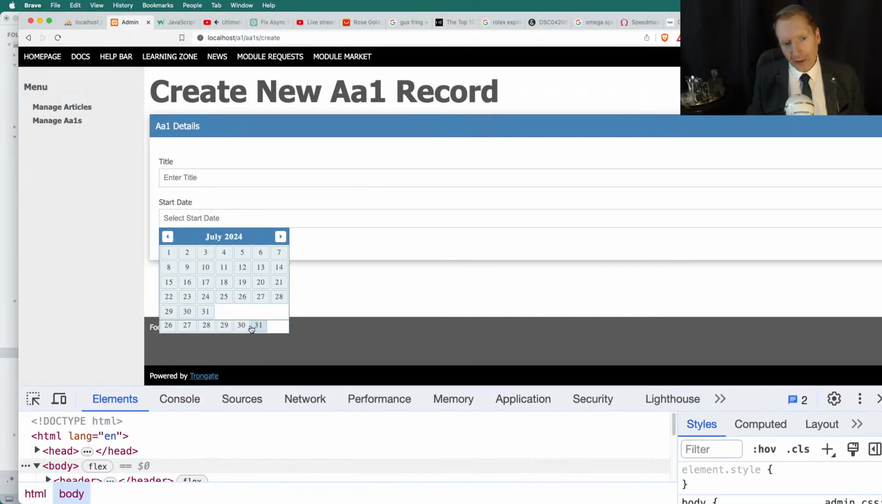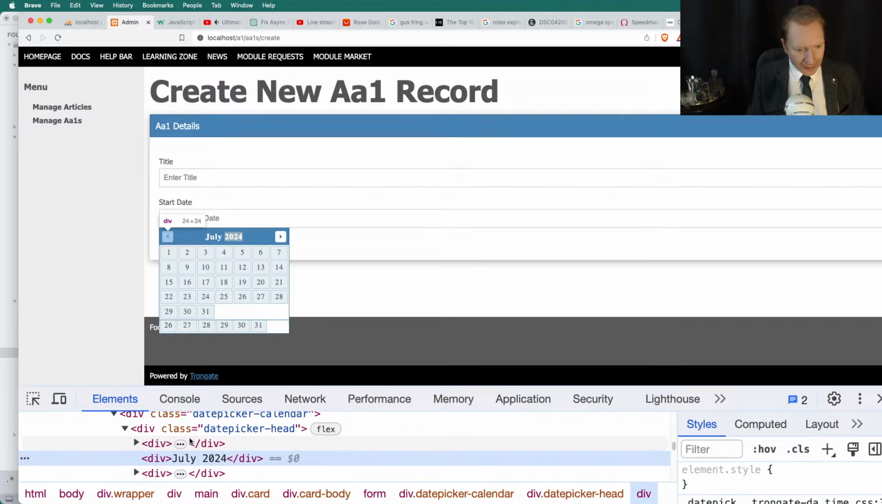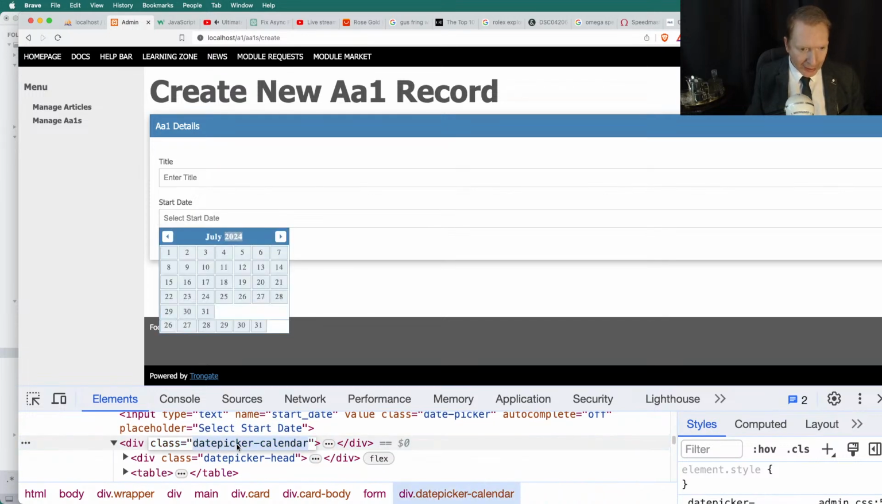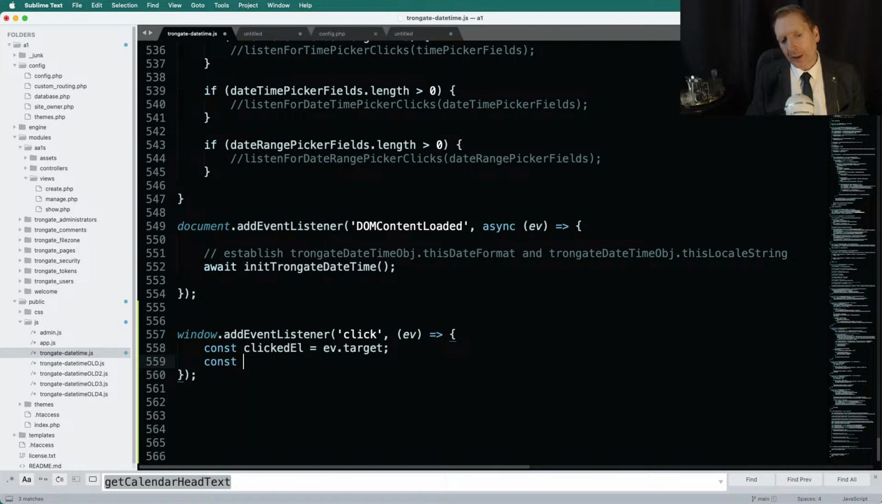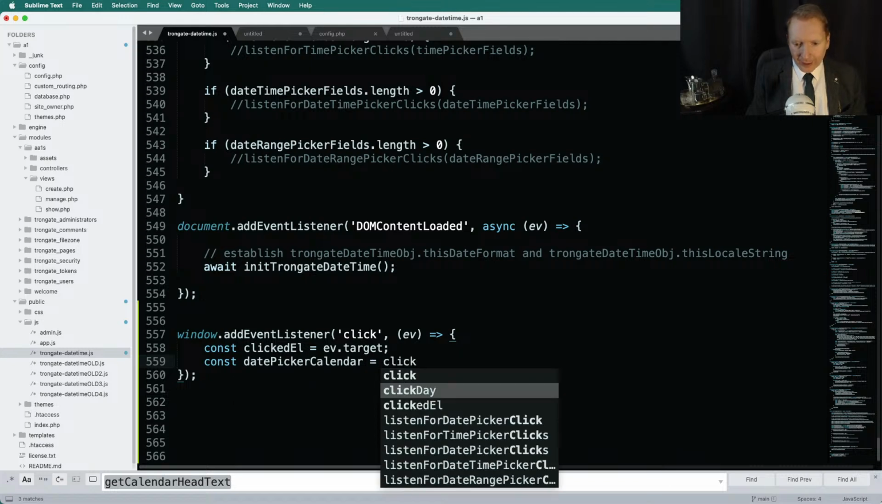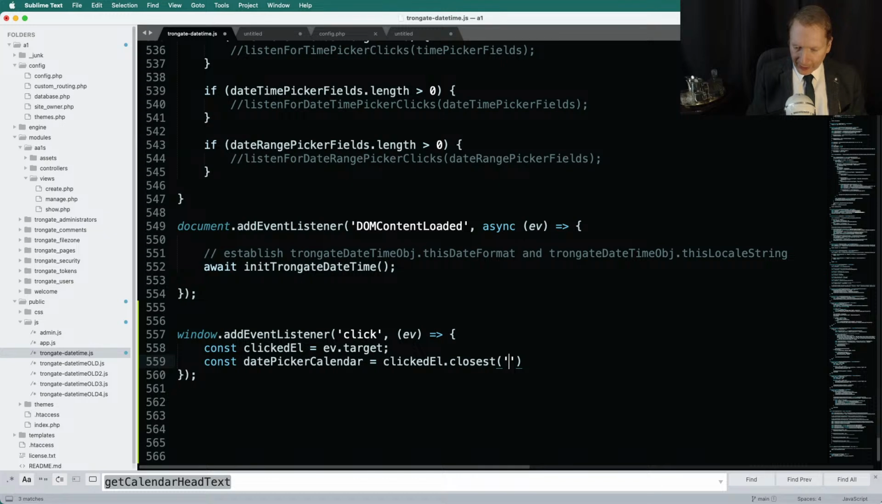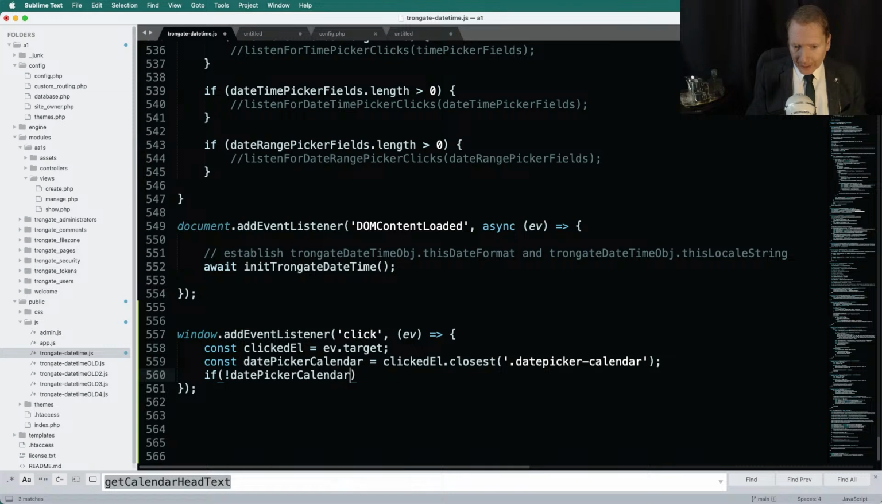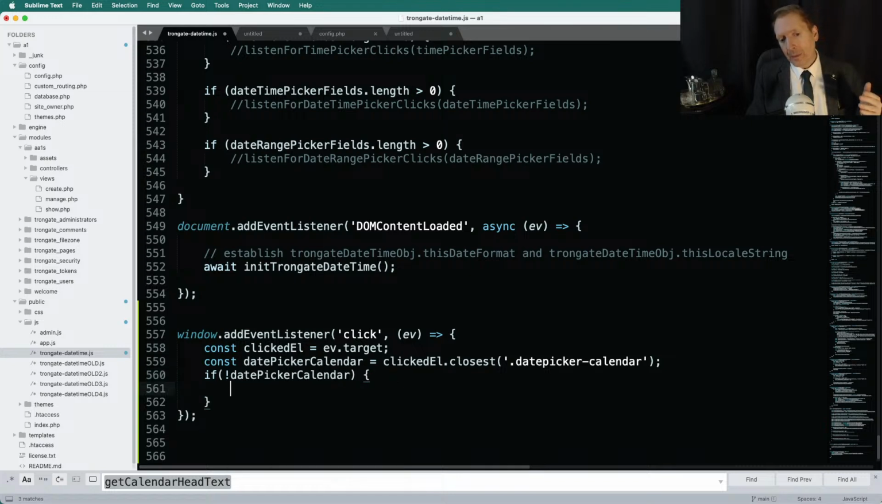And then you say to yourself, were we inside a thing that happens to be a date picker calendar? You can see that a date picker calendar's got this class of date picker calendar. So I'm going to say const date picker calendar is clicked element dot closest, and it's the closest element with a class of date picker calendar. Now, if no date picker calendar, that means that we must be outside of the date picker calendar. Therefore, we can close the date picker calendars. However,